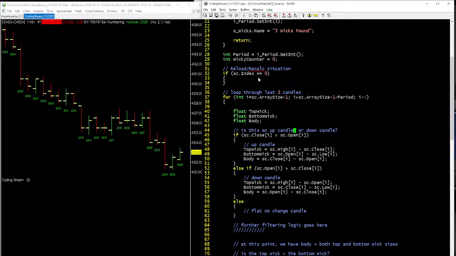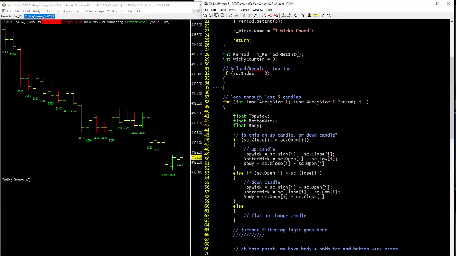How can we do that? Well, I know that if SC equals 0, we have a recalc, and then I know I need to start my iterations through everything. So what if instead of having this loop be declared by starting at the end, I actually pulled out these variables here and I specified them based on the context. So if we're live,